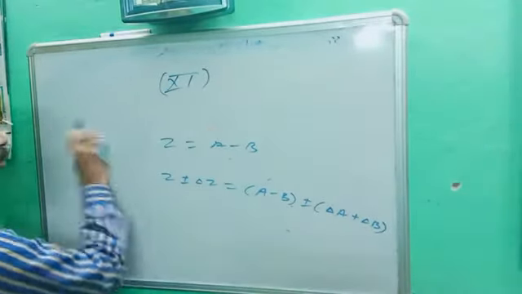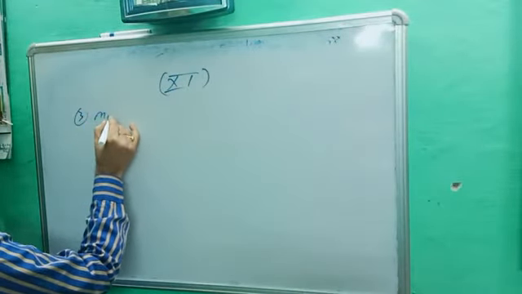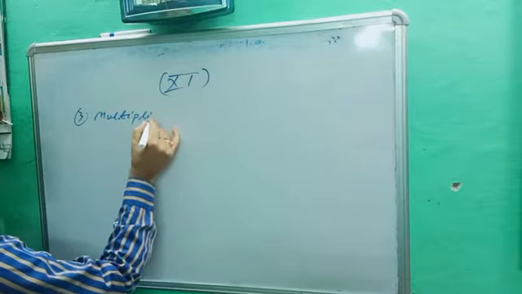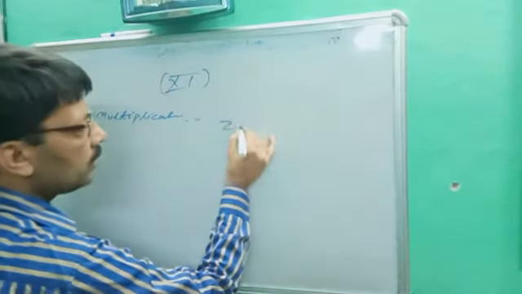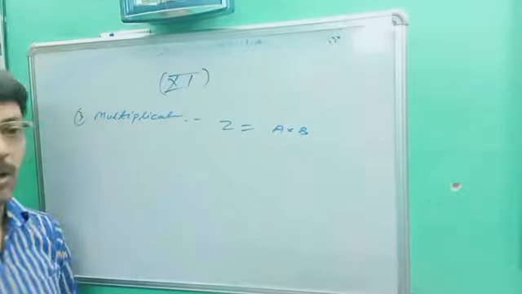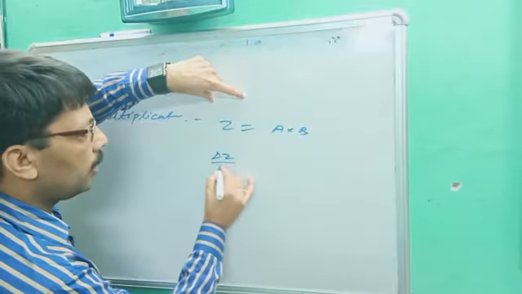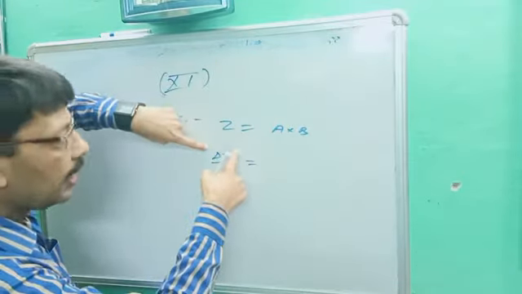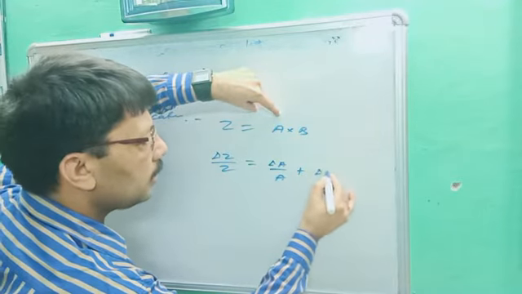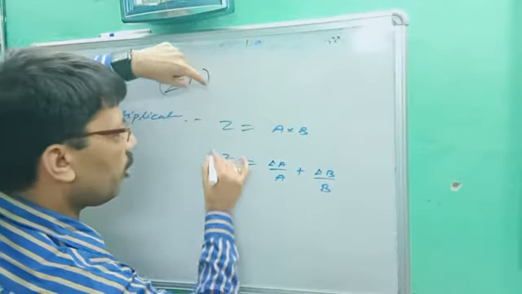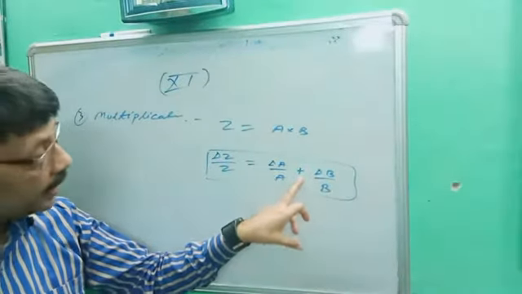Okay. Next point, combination of error in multiplication. Third condition. Multiplication. Let's suppose the formula is Z is equal to A into B. That formula is given to you. A multiplied by B. So it could be written as del Z upon Z is equal to, this is the formula, del Z, del means this is the error, Z is the real value, is equal to del A upon A plus del B upon B. This is the formula for error in multiplication. Note down the formula. Here not multiply, here it will be plus.